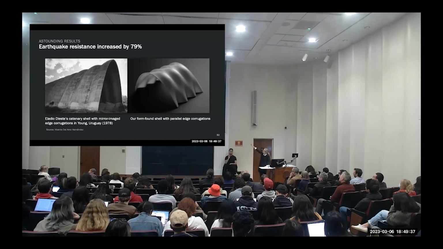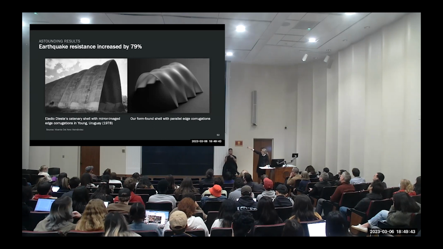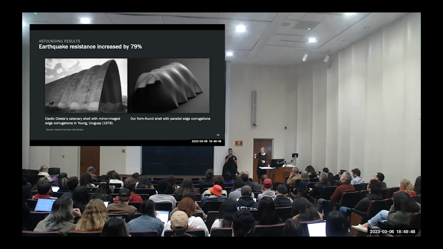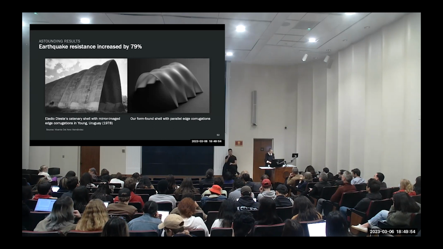So that's his structure, that's ours. There are many differences between his structure and our structure, but in terms of geometry, in Adriaenssens shells, the corrugations run or continue over the entire surface, whereas with us they're offset, as you can see, they're kind of slightly shifted. So the curvature is slightly different.